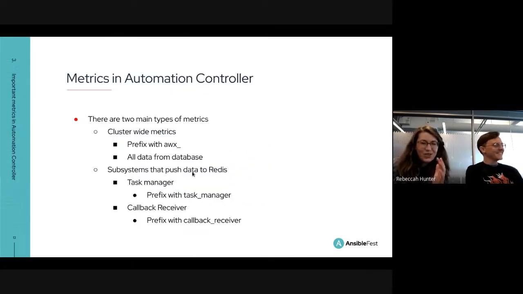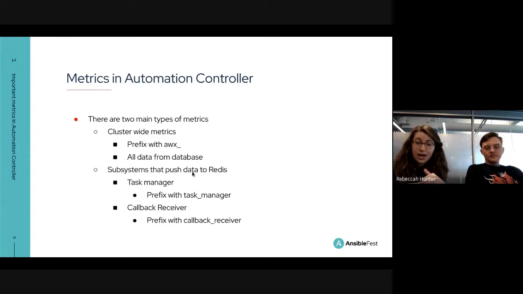Okay. All right, so let's talk metrics and automation controller. These 2 sections, cluster-wide and subsystem, are different. Cluster-wide metrics are typically prefixed with AWX underscore, and these are all from the database. If you are already querying your database, you could pull this anyway. This is just a better way to get it. Then we have subsystems that push data to Redis.